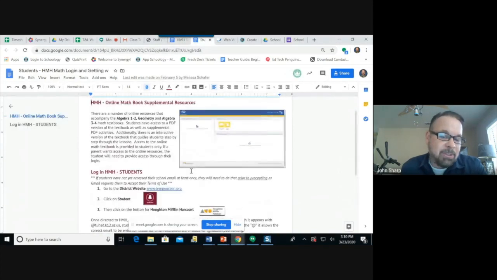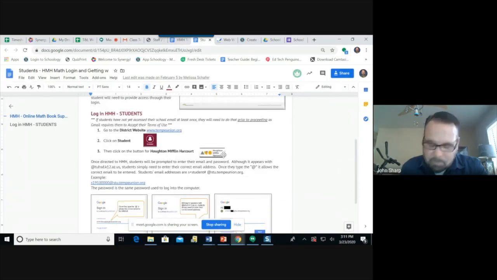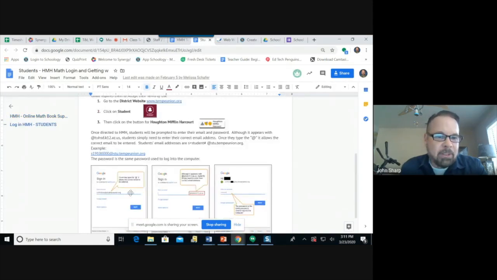Instead of going to the teacher section on tempeunion.org, they would go to the student section, and they would click on the Houghton Mifflin Harcourt image there, and then they would simply be required to log in with their Google account. I'm sorry,